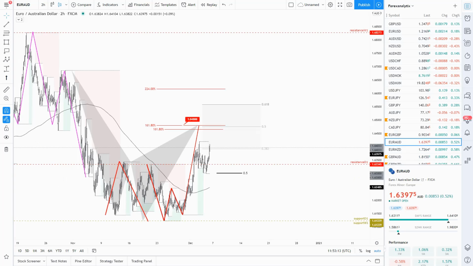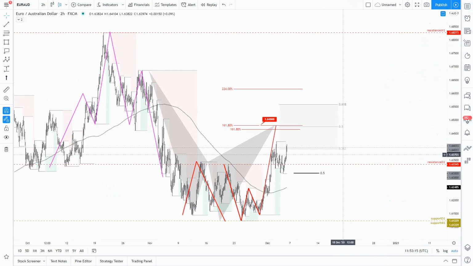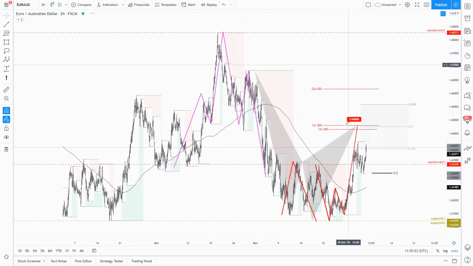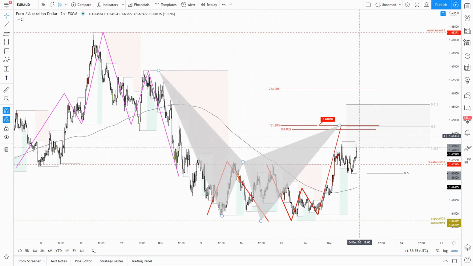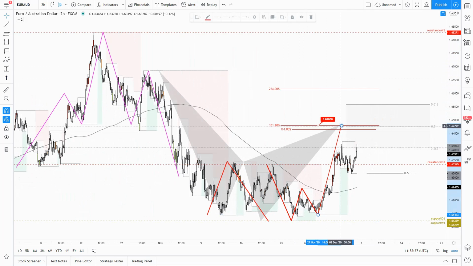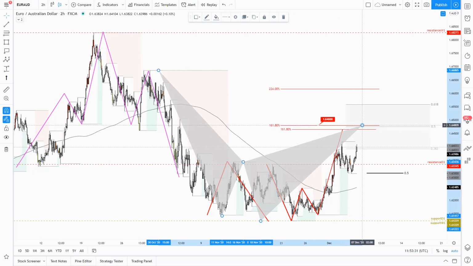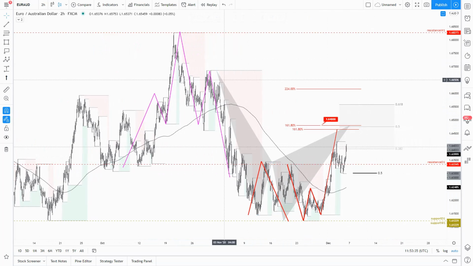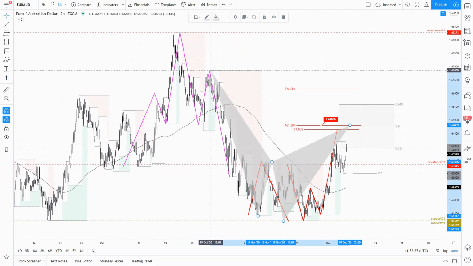Now euro versus the Australian dollar, also trading. We're still trading that major 38% Fibonacci retracement level. The market has felt some pressure there, and we still have this major shark pattern projected at 64.80. So basically, I want to see how the market will react as soon as it approaches this level, without ignoring, obviously,